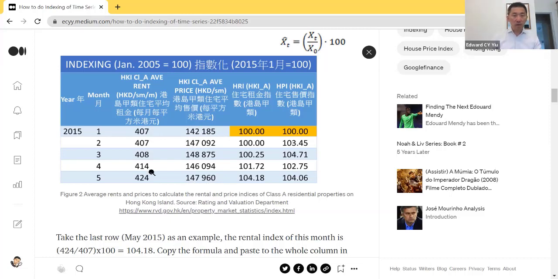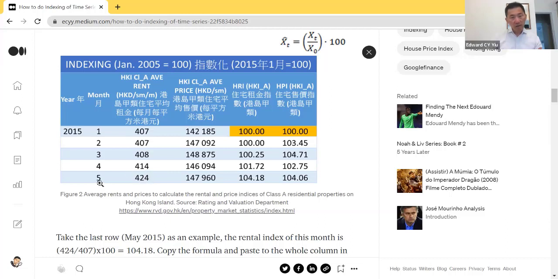So in order to compare these two columns, we index them by normalizing them. Say, for example, if we take the initial month to be 100 for both average rent and average price, then all the following figures can be calculated proportionally. Let me explain that. Say, if we would like to know the index of average rent in May of 2015, this cell, then the calculation is